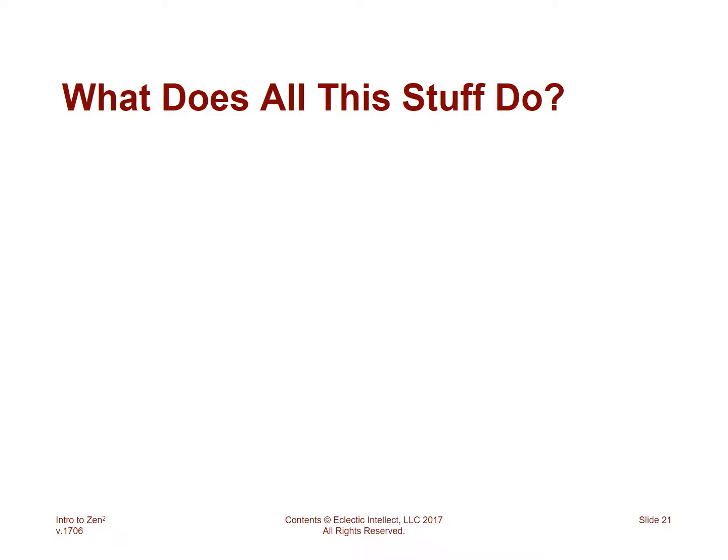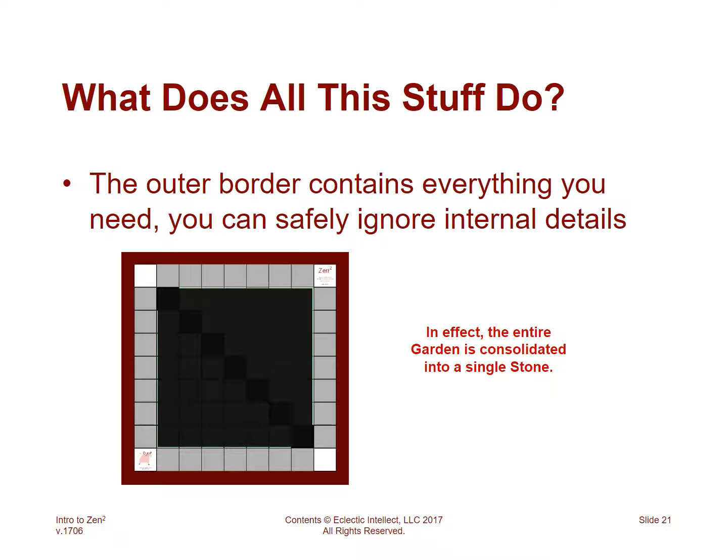When I want to see what the whole system does, then the outer border is what I look at. I'm ignoring here all of the internal relationships so that I can concentrate on the outside. If I don't care what's going on inside the box and I just want to hook it up into a larger system, this type of view can be very useful. So what Zen-squared offers you is the ability to zoom in and out as your circumstances need.